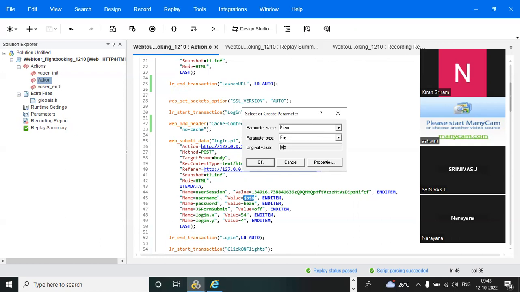See, someone will come and ask, what is the parameter name? Maybe Kiran is the username. He will think about it, right? So that is why you need to give a proper name, like what you are doing, you need to give that, like user